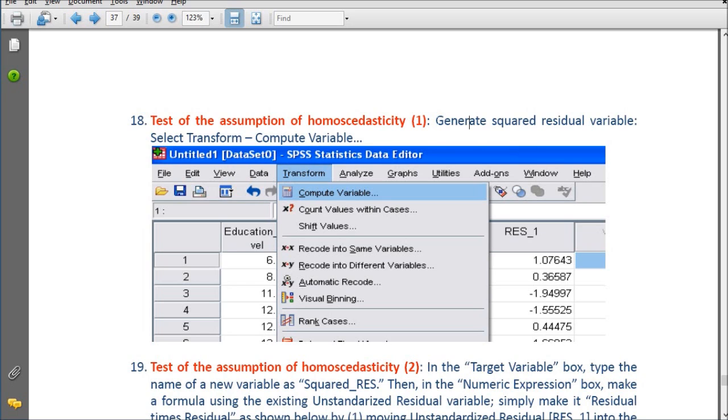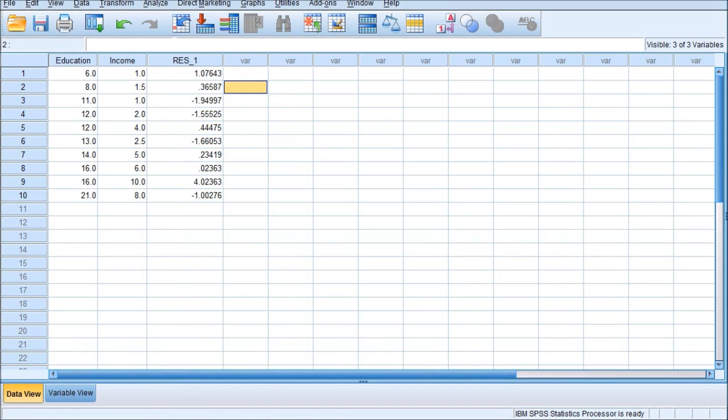So we have to square the estimation error to get this variable for testing the assumption of homoscedasticity. So the first step is to generate a squared residual variable. We already have a residual variable in this data set here, right? We are going to make another variable here by squaring the corresponding value.